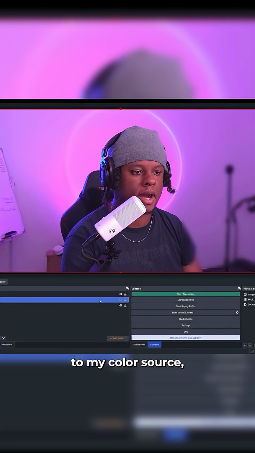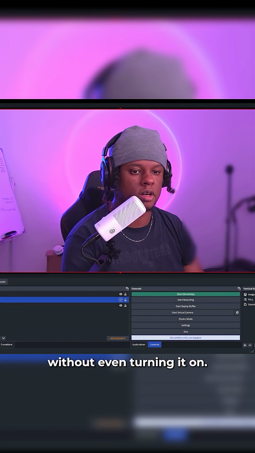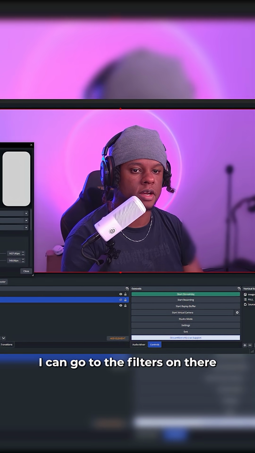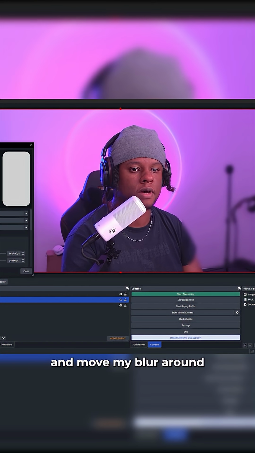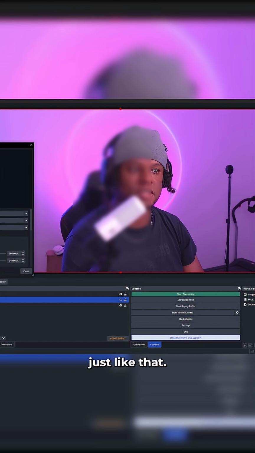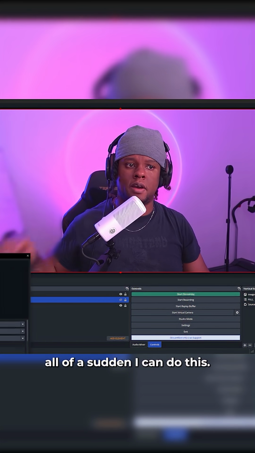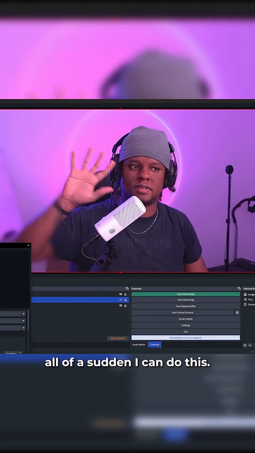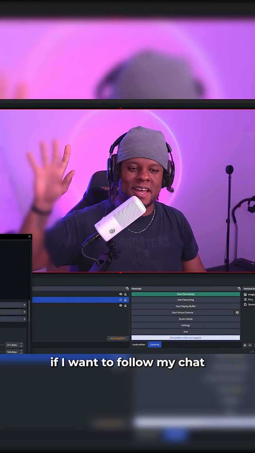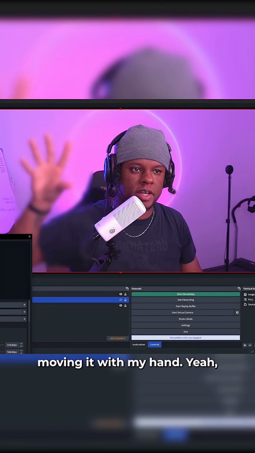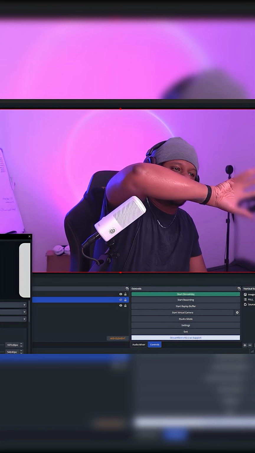Technically, I could still go back to my color source without even turning it on. I can go to the filters on there and move my blur around. Just like that. So if I wanted my chat to be on the left side for some reason, all of a sudden I can do this. I can do this. If I want to follow my chat or pretend that I'm moving it with my hand,